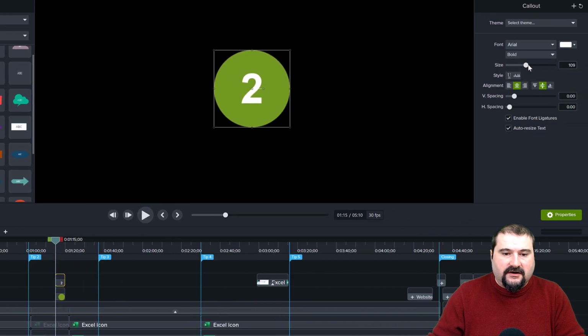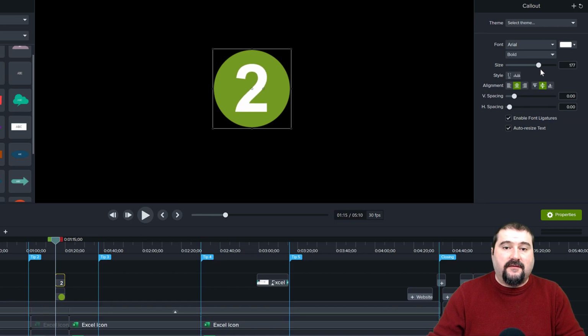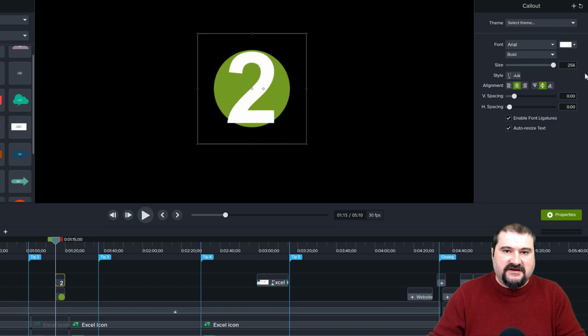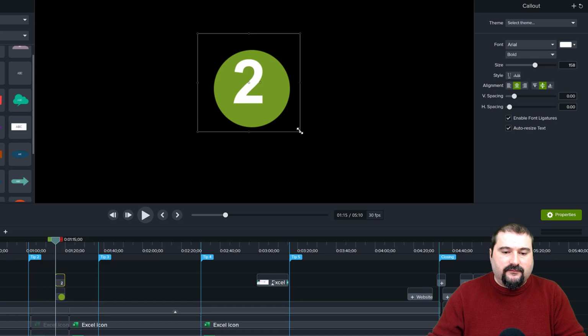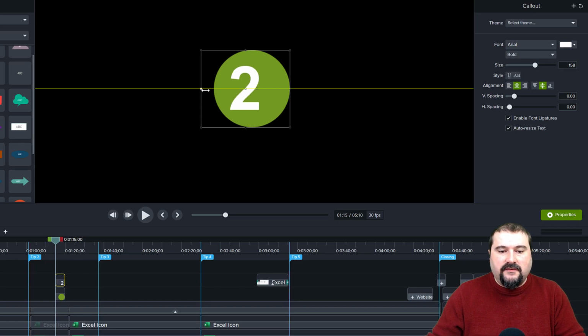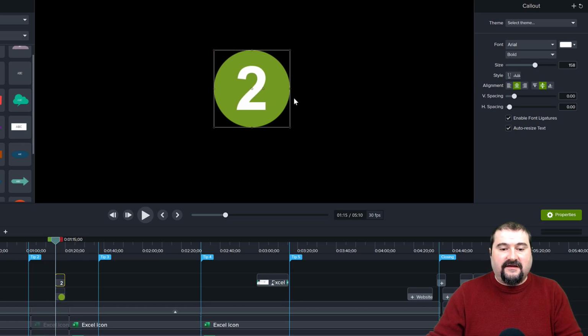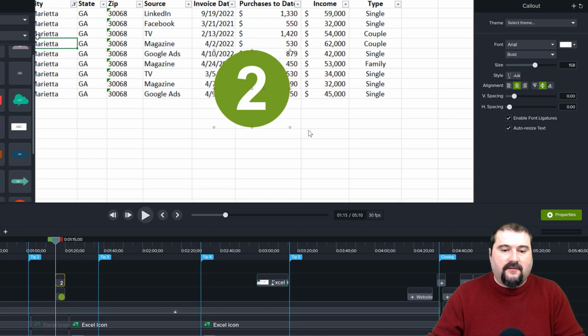Even if I make it larger, look, I make it larger. Now, if I make it very large, of course, I'm exaggerating here and it's going to do that. But just keep it at a reasonable size to make sure it's visible. And then bring in this box to align with the circle, to make sure everything is inside that box. And because the alignment of the text is center, your number is going to be pretty much in the center of that circle. Now, let me bring back the screen because this is on top of the screen now.